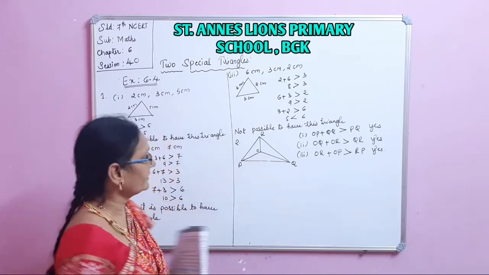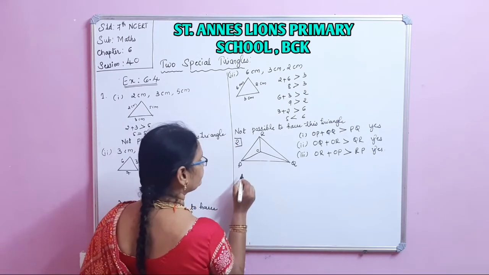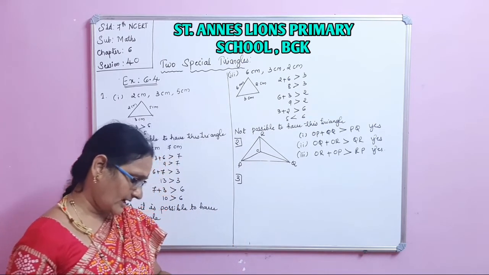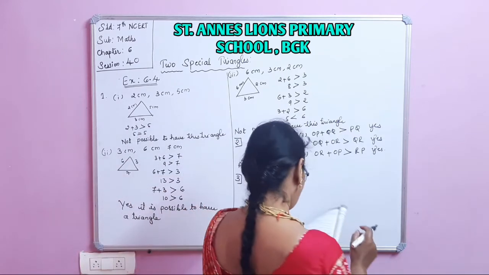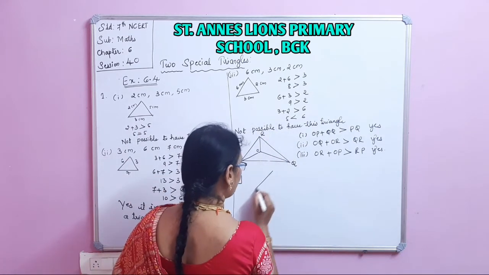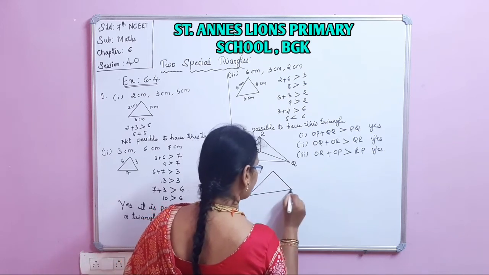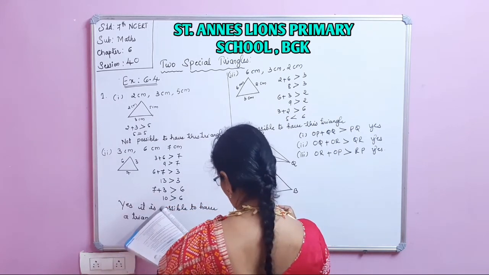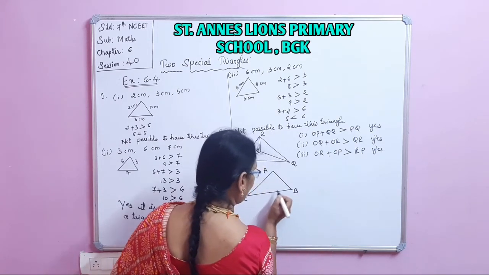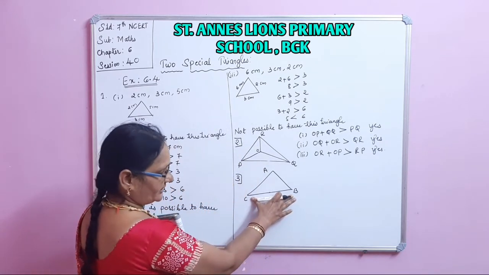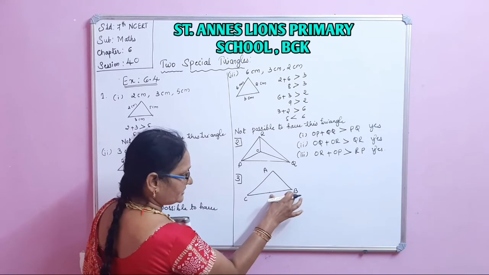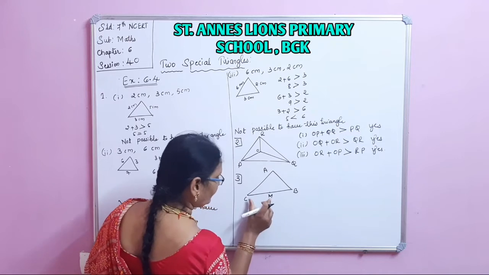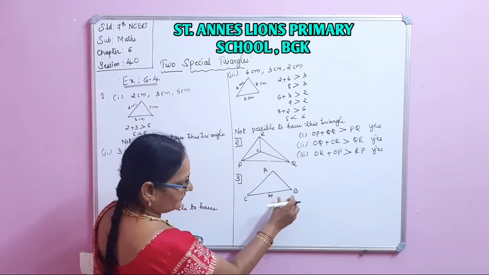Then the third main. They have given the figure and we have to give the answer for that. See, AM is a median of a triangle ABC. This is triangle ABC. Now, AM is a median. Median means the middle point of this side, that means this part is equal to this part. BM must be equal to MC. Suppose this is 10 centimeter, this must be 5 and 5.